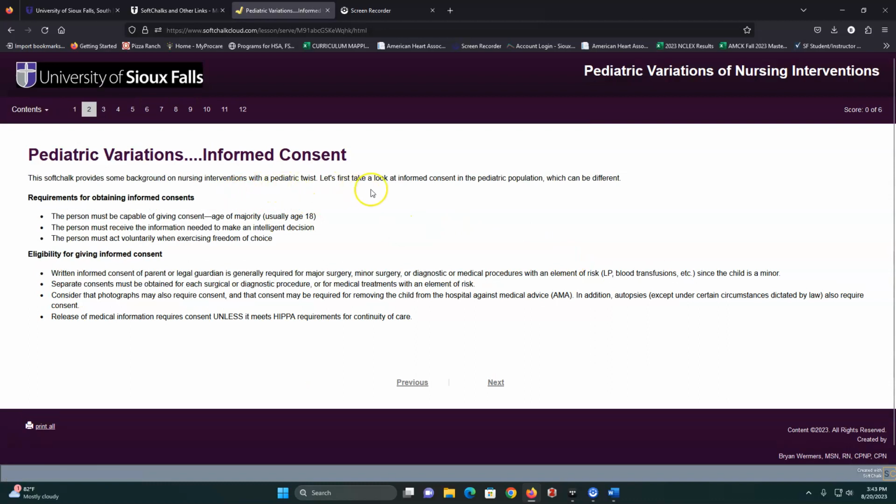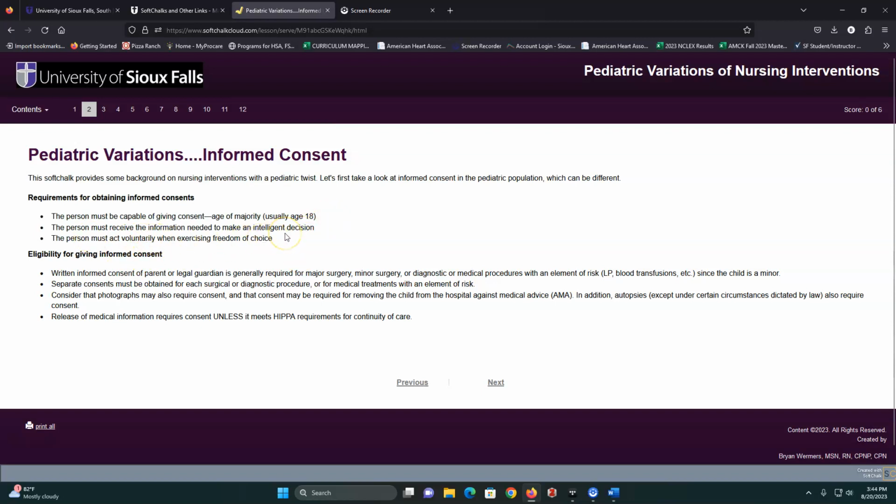As we're working with the pediatric population, we want consent as much as possible. But with consent, they have to be able to give consent. That's usually age 18, which doesn't fit most of our pediatric population. They need to be able to make an intelligent decision, which is questionable in some of our patients. They have to be voluntary.